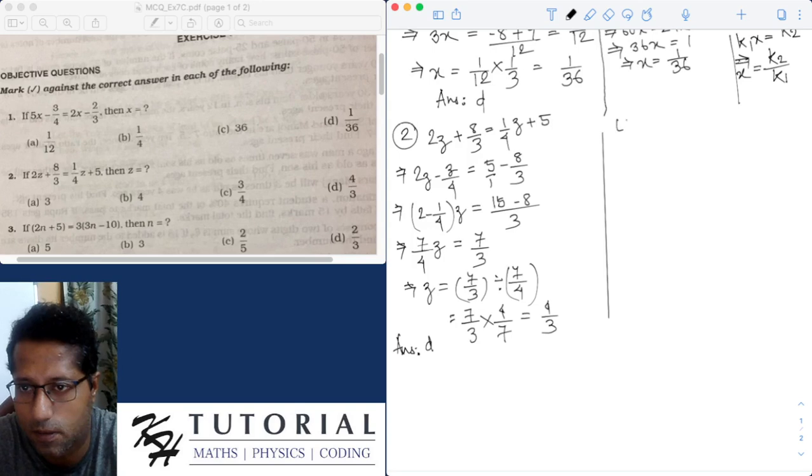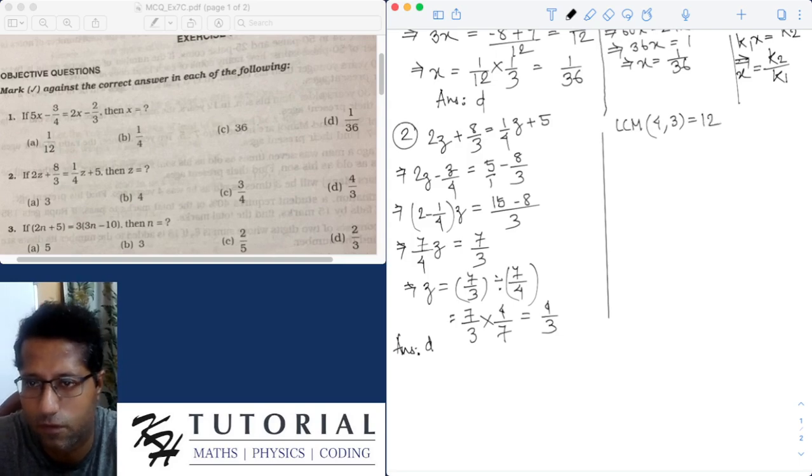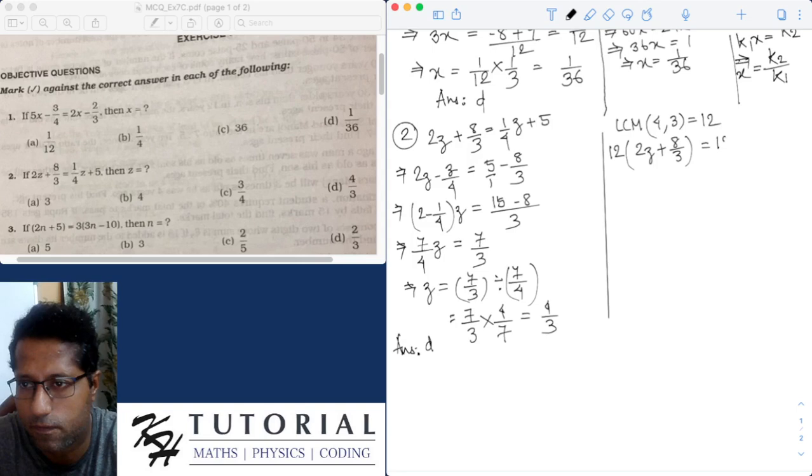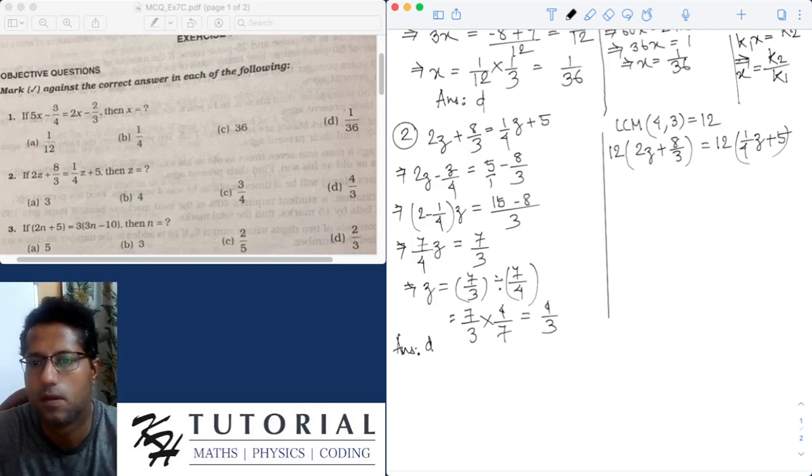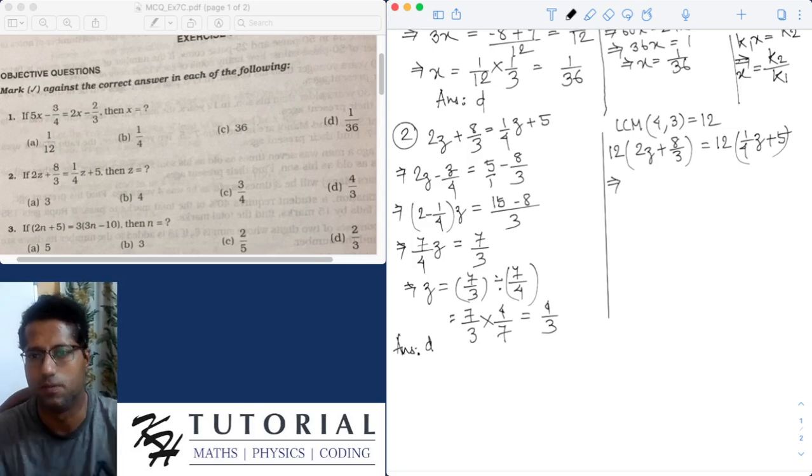So the LCM of the denominators is 12, so we will multiply both sides by 12. So we get 12 into (2z plus 8)/3 equals 12 into (1/4)(z plus 5). Now if we do the products on both sides and open the brackets, we get